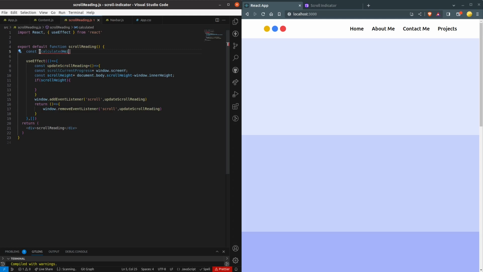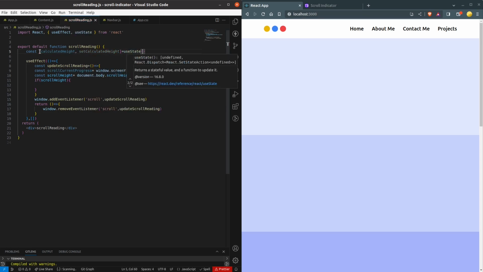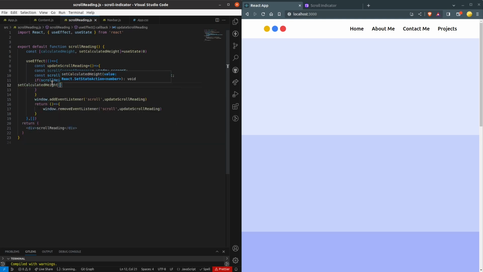So let me define a state on the top. So calculated height is equal to useState. Initially this value is 0, so that means we don't have any scroll bar. Now when the scroll height is not 0, we are going to set